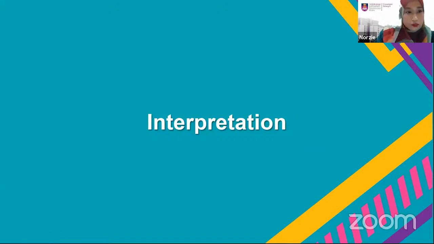Okay, what if ada anak-anak ni pointing randomly? What can we do? Okay, you need to ask which one is actually the correct answer.